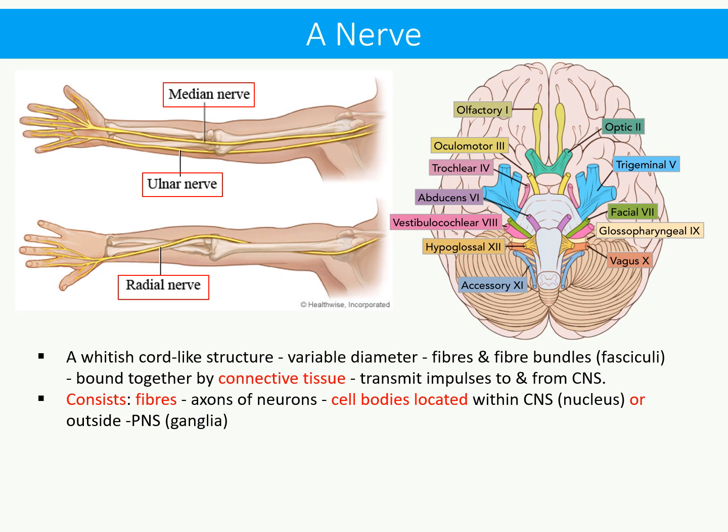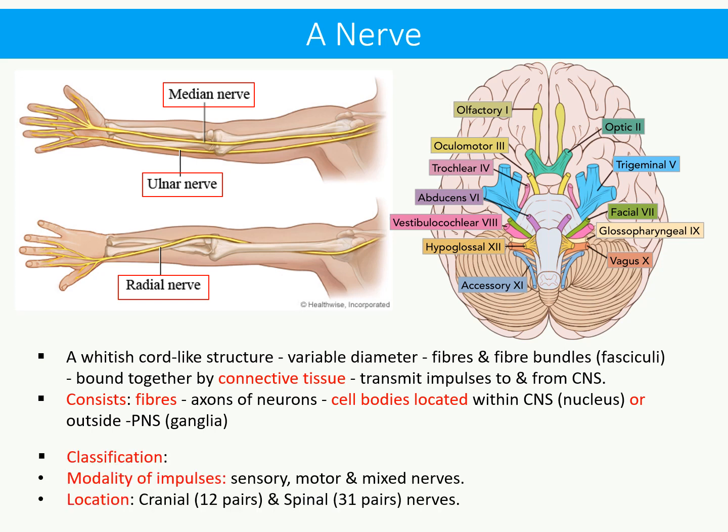Fibers are the axons of the neurons whose cell bodies are located within central nervous system. Their aggregation in the central nervous system is named as a nucleus, or they are present outside the central nervous system, that is in the peripheral nervous system, and their aggregation in the peripheral nervous system is named as a